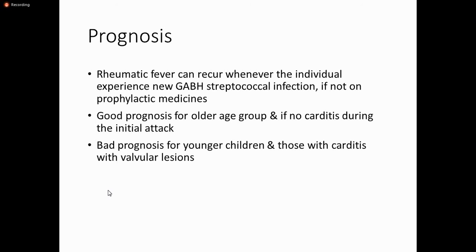Because everyone knows that if there is an inflammation and infection of the heart muscle, there is a permanent damage of the heart muscle. So if the patient has rheumatic heart disease with involvement of the heart muscle, the patient has a bad prognosis. Otherwise, the patient has a good prognosis if there is minor or no involvement of the heart muscles. Thank you, beta.